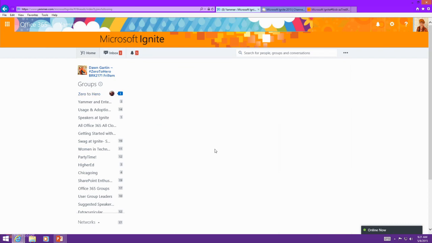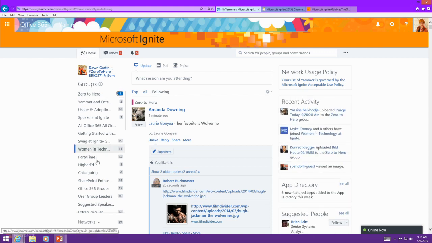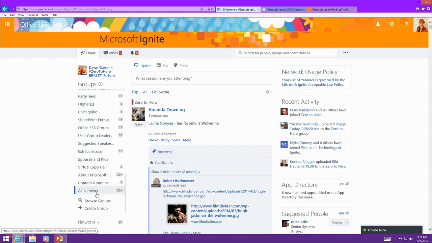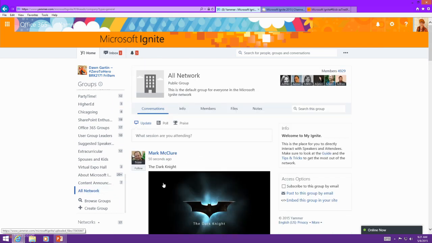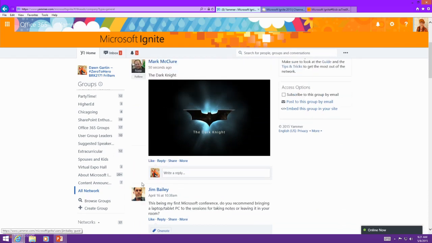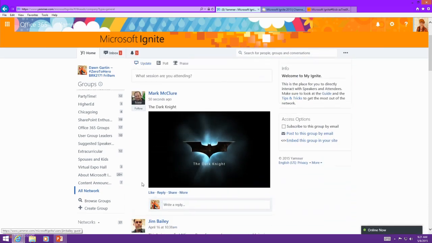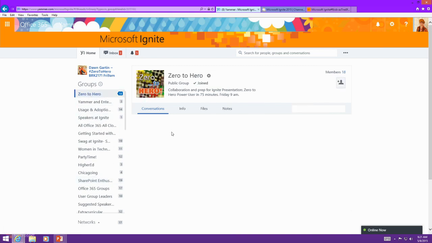For those trying to get onto the network, just to let you know, if you need to get onto the network, go to myignite.microsoft.com. Once you log in, on the right-hand side you will see a thread, and on top of that thread, it'll have login with Yammer. Once you have done that via a web browser, you can go back to any of your mobile apps, look under More. You should see My Networks, and Microsoft Ignite should be listed as one of the networks. If it's not, please raise your hand and we'll be happy to help you.